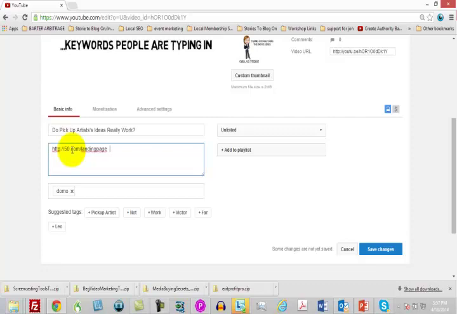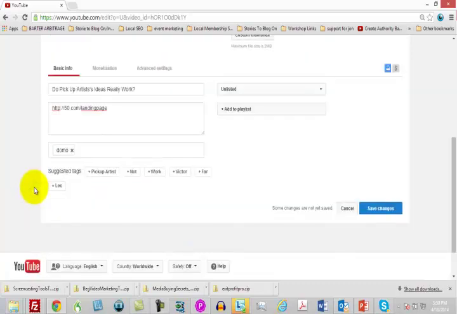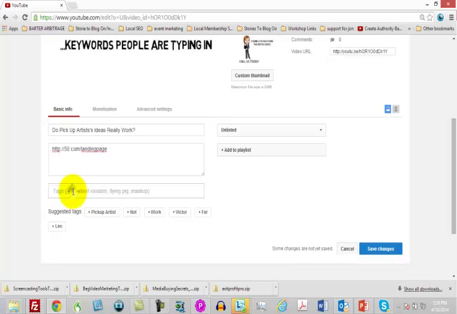So if you're going to want to write in a subheadline, or a headline and a subheadline, you want to write it in these first few words. Okay, and then continue to write your description throughout this description area. Now, the other area that you want to be aware of here is